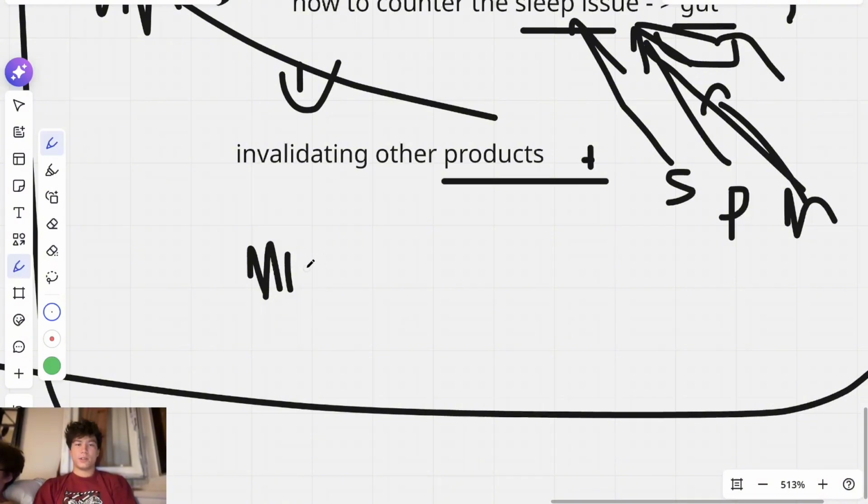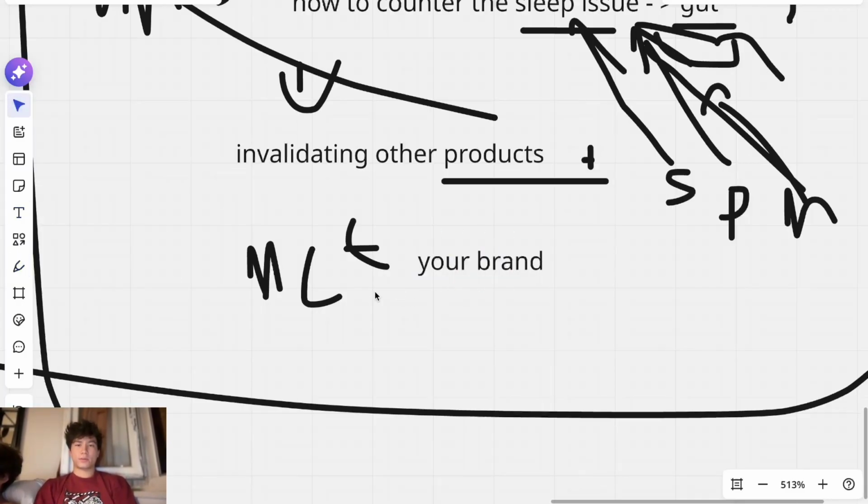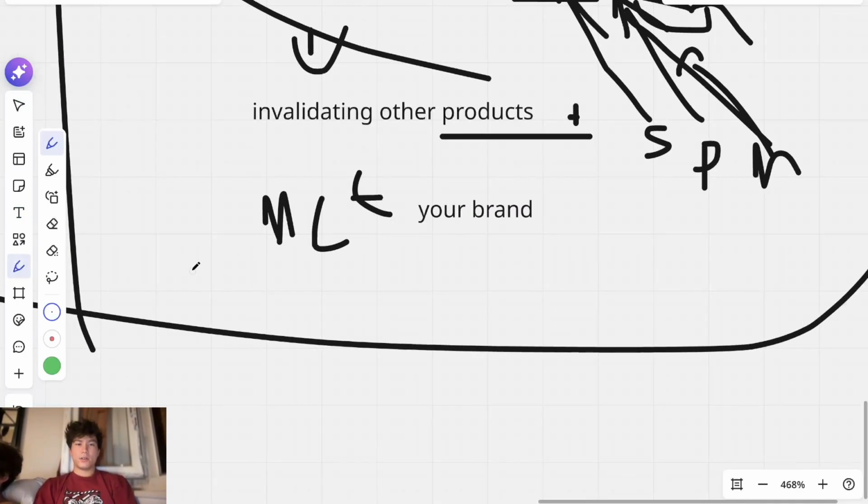Oops, this should be a C. The one I decided to go with was this mushroom complex by your brand. And then you go into the closing section, which is show reviews, show testimonials, show before and afters,